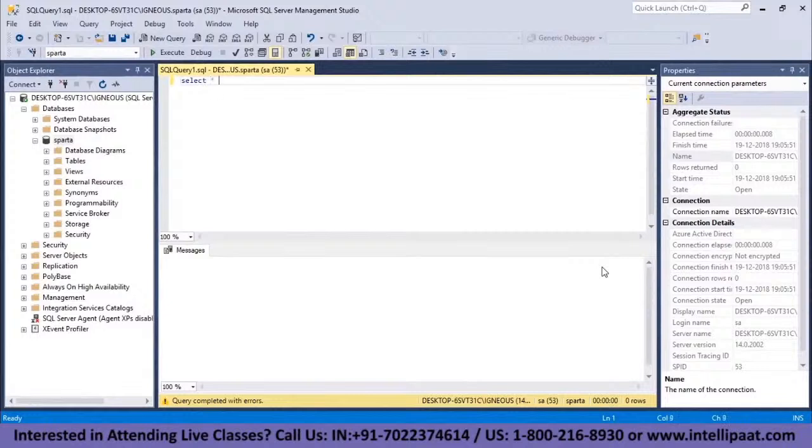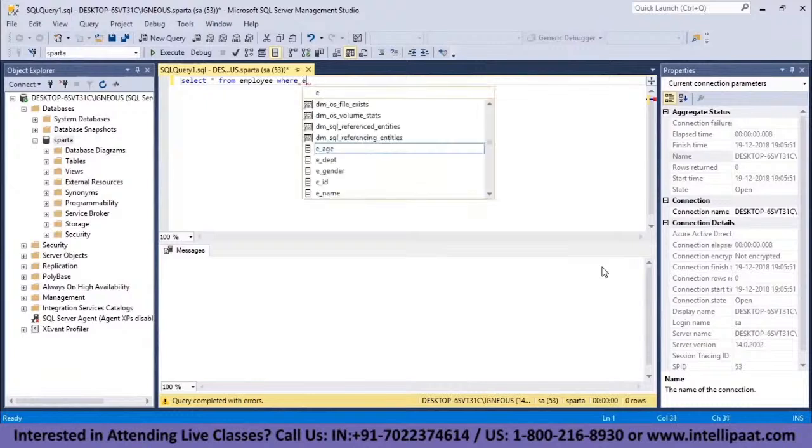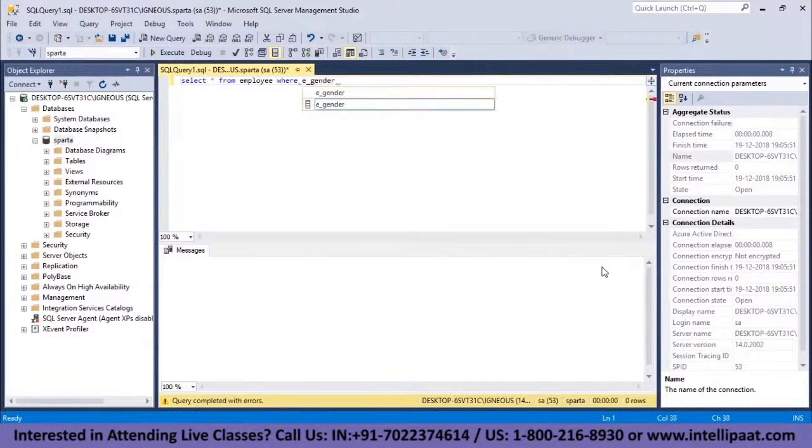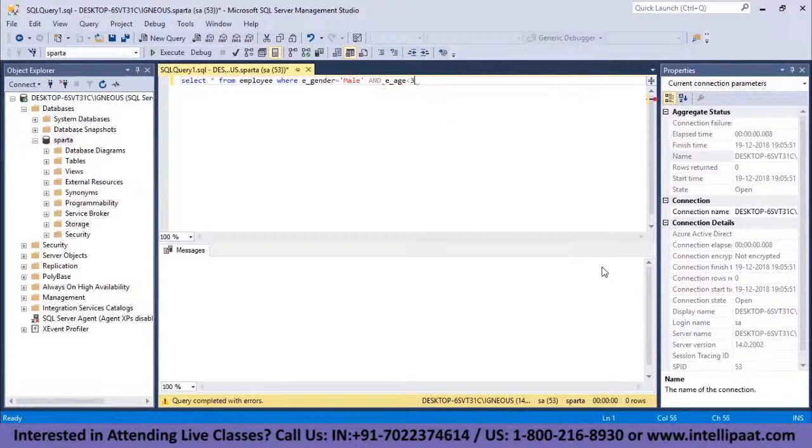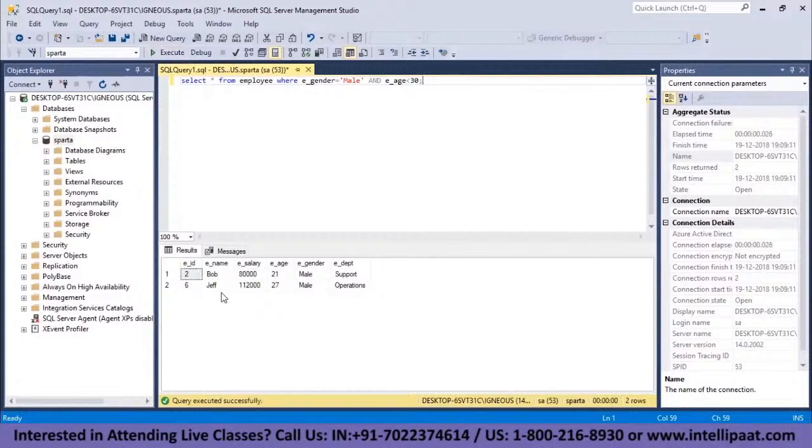So the command would be select star from employee. I'll use the where clause and then give the first condition. So the first condition is gender needs to be equal to male. So gender is equal to male. I'll use the AND operator and then give the second condition. So the second condition is the age needs to be less than 30. Let me hit execute. Right, so Bob and Jeff are the two employees whose gender is male and age is